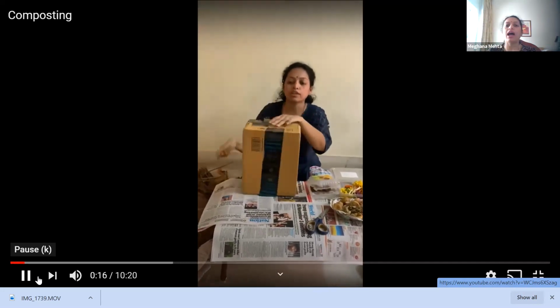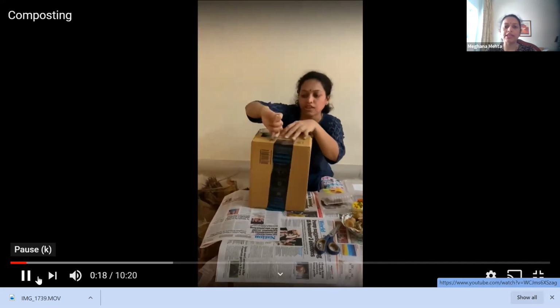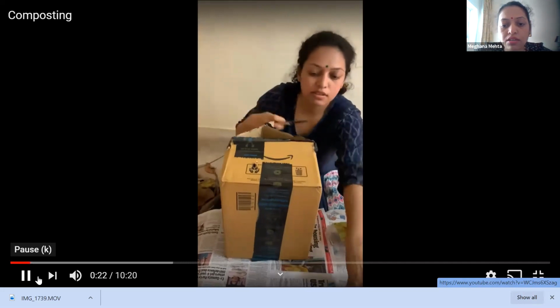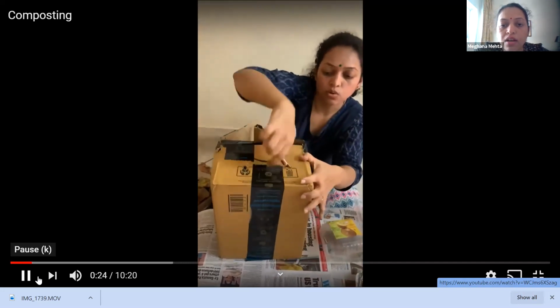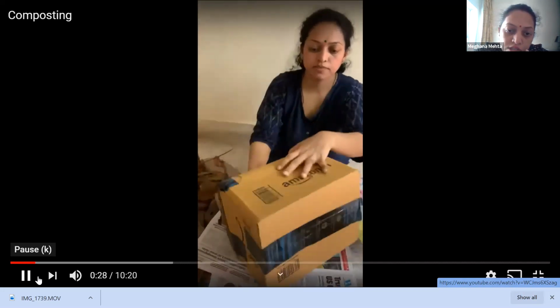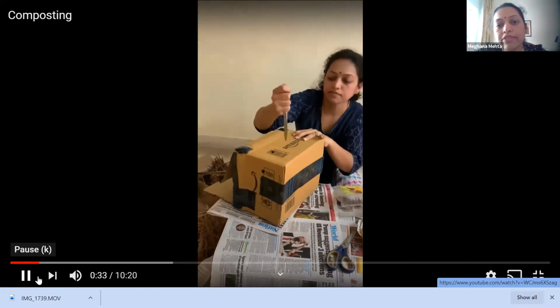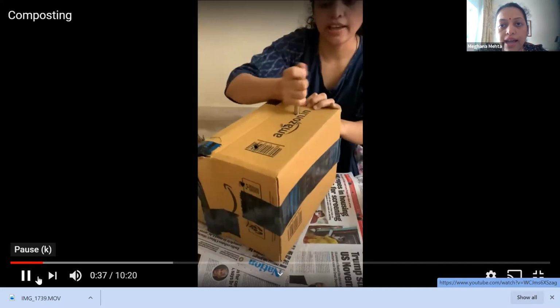Now with a knife, I am making holes on each side. These holes are for aeration, for air to go in and circulate for aerobic respiration of microbes. I don't want the light to go in. I just want the air to circulate inside the box.